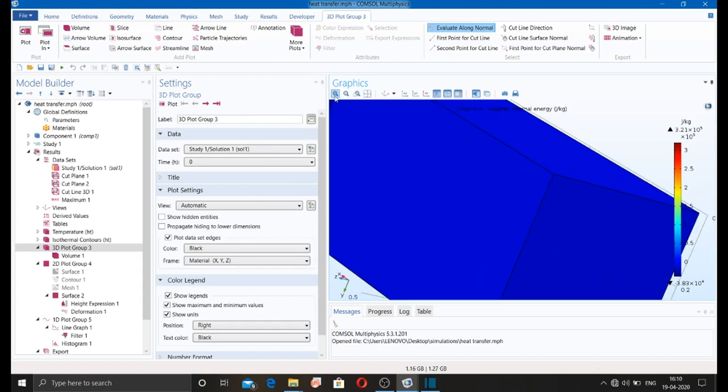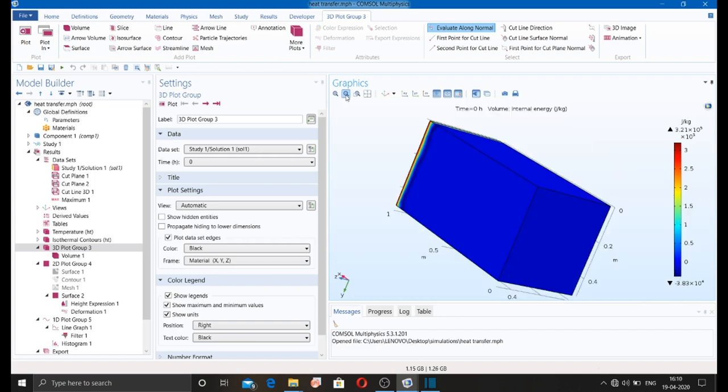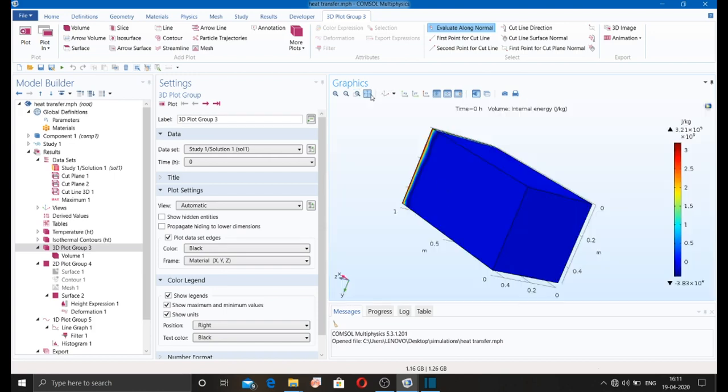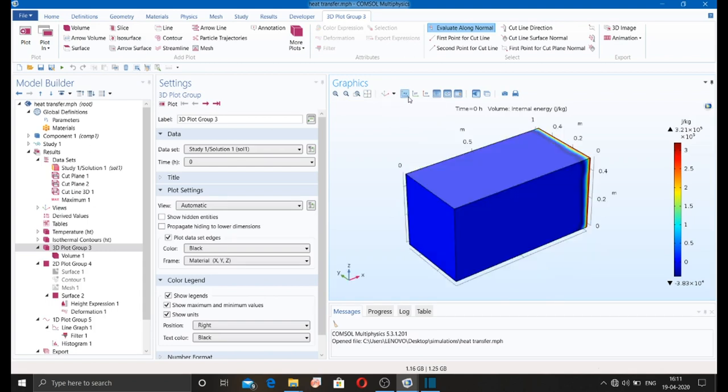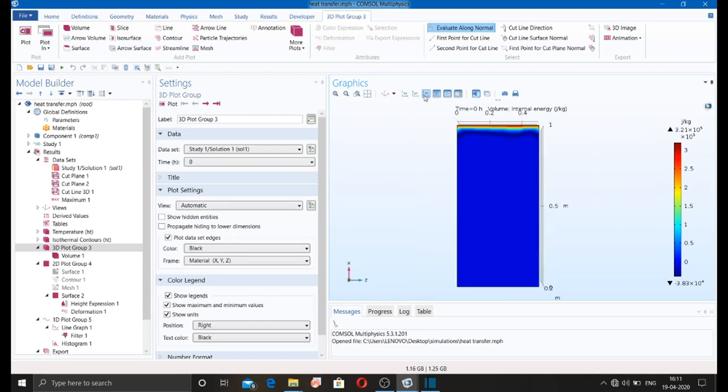Here you can enlarge it, zoom in, zoom out, and you can also zoom in at any particular section. Give the go to default view, 3D view, xy, yz, zx. This is the grid. The grid will not work if you select this show grid.